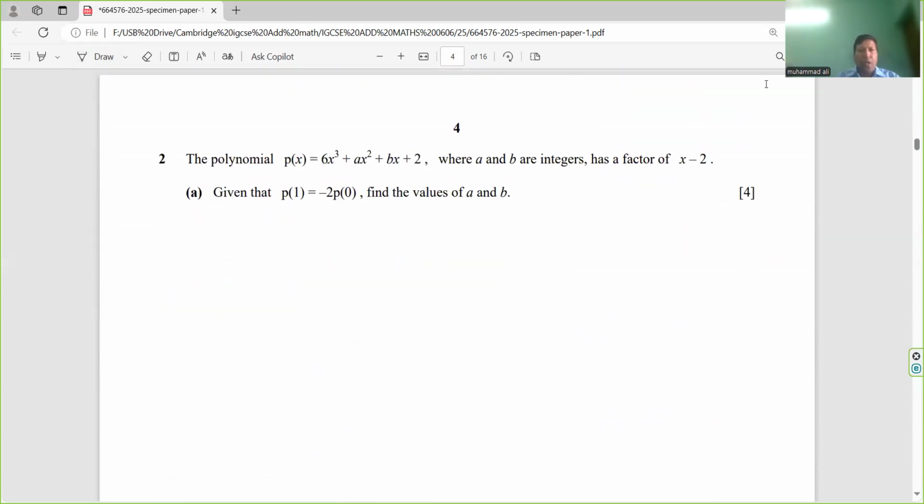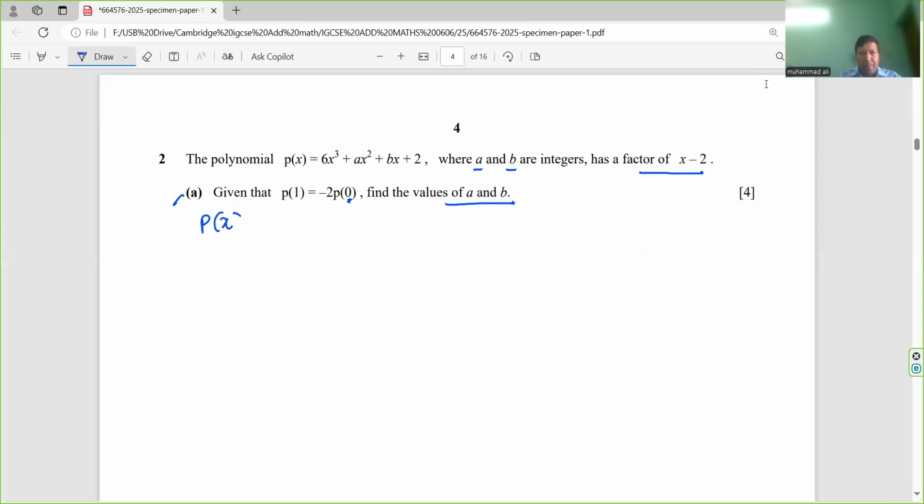Now number 2. The polynomial p(x) equals 6x cubed plus ax squared plus bx plus 2, where a and b are integers, that means whole numbers, has a factor x minus 2. Given that p(1), that means when you put x value 1 here, equals -2 times p(0), that means put here x value 0. Find the values of a and b. So solution,